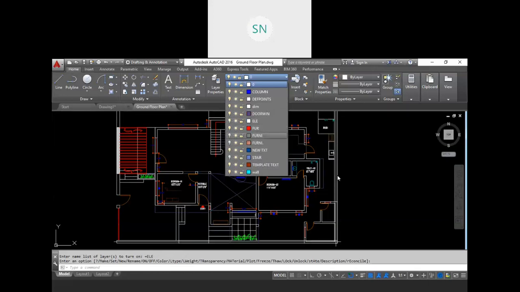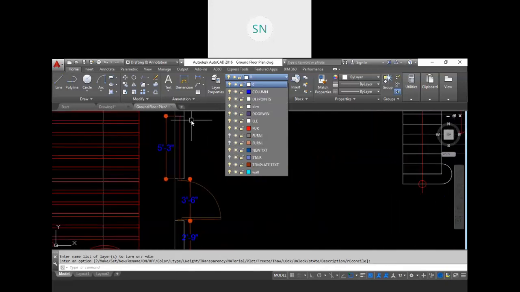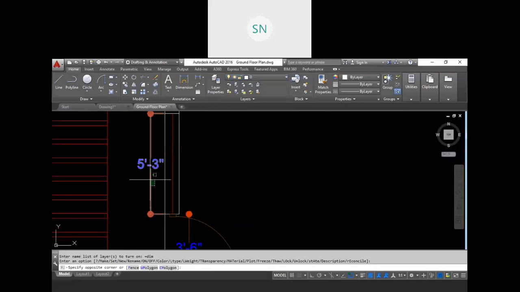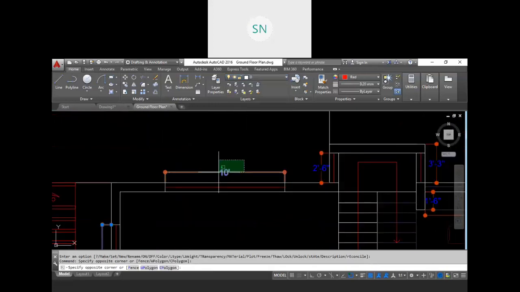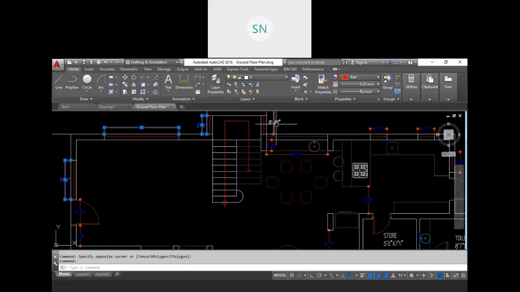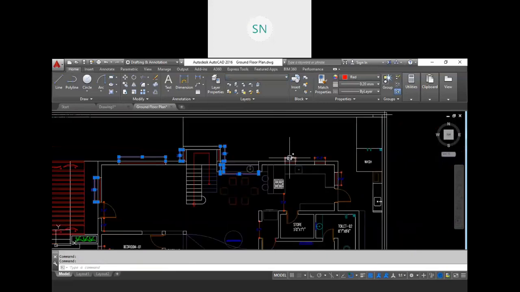Actually this is an exterior layer, but for everything we have layers. For the wall, for the text, then stair here, one more text we have. So these are the layers. Dimension layer also we have. So see, some dimensions are there in that layer, that is going to be removed. So we need to transfer the rest of the dimensions into the dimension layer. So the work is not finished yet.